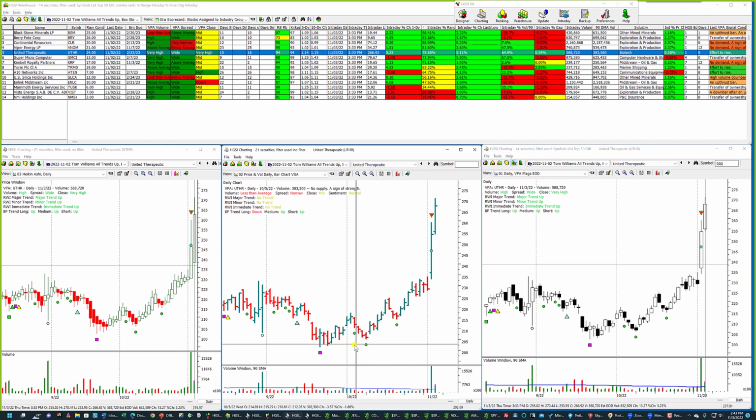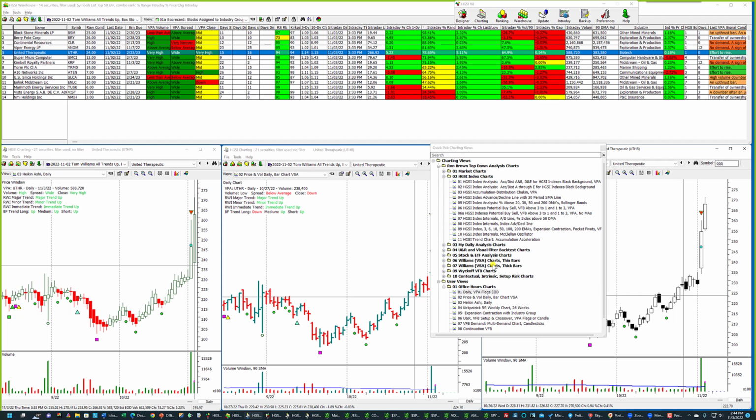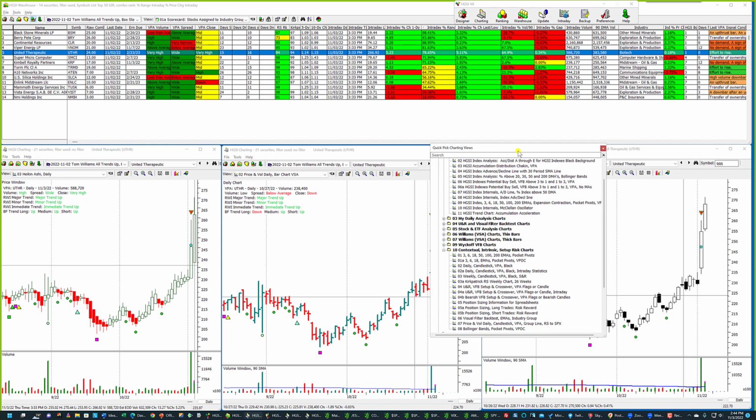But when you find a nice smooth chart, yeah, Paul, I know you use these. So here's a 3-4 day run, and then it pulled back, but this was just a 1 day pullback, and that's it. And then these two bars were inside of this bar, and then you had the big move up on United Therapeutic. Now, the candle charts, you just get a little different look. They're all the same, and the Heiken Ashi chart is totally different. Now, Paul, you asked me what my favorite 3 charts were that I use. I primarily use this. I use all these, to tell you the truth, but if I'm really going through stuff quickly,